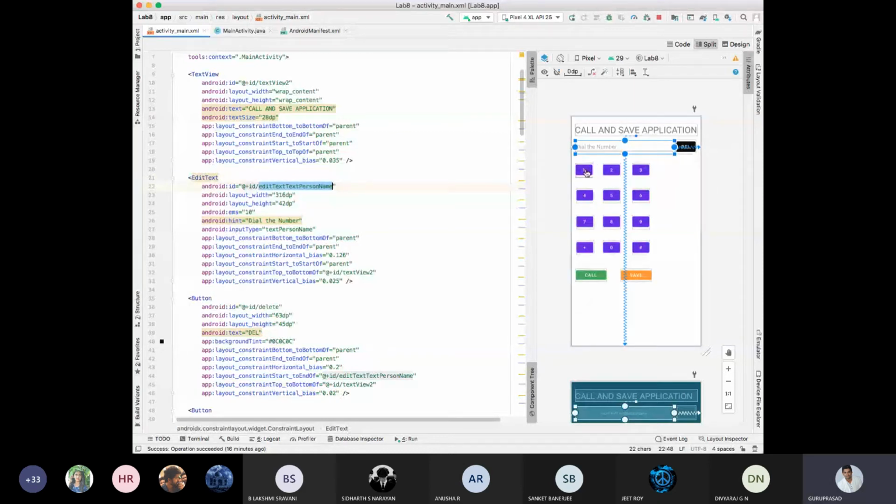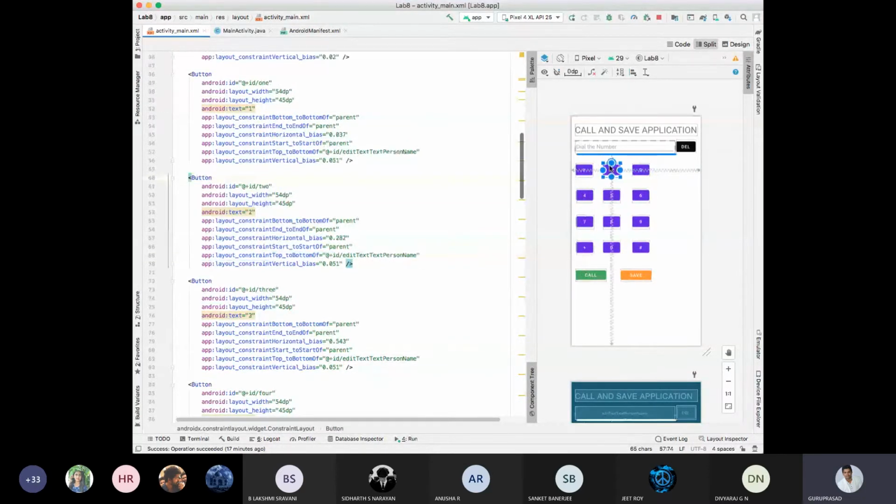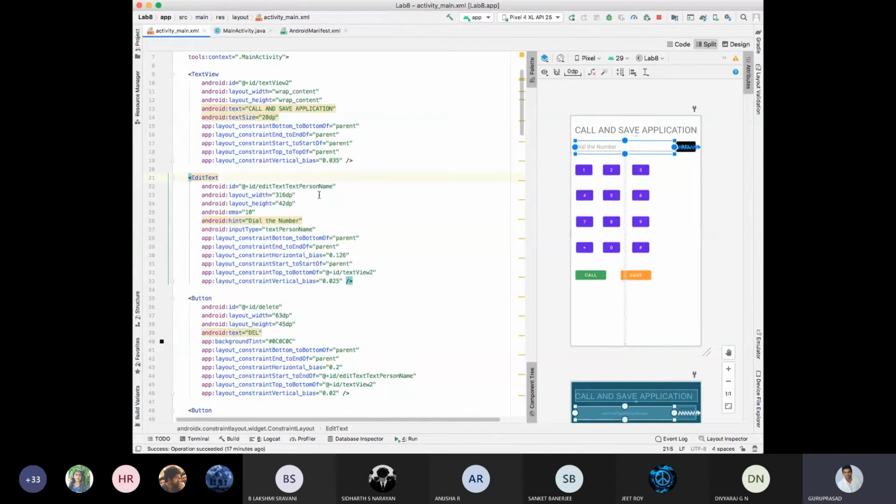Now for the first button, see here, edit text person name, bottom of. Then the second button, bottom of. If I change the ID of your dialer, then it is gone. Again, I need to refactor it. That is not a big issue, I can find and replace it, but we'll take this ID itself.